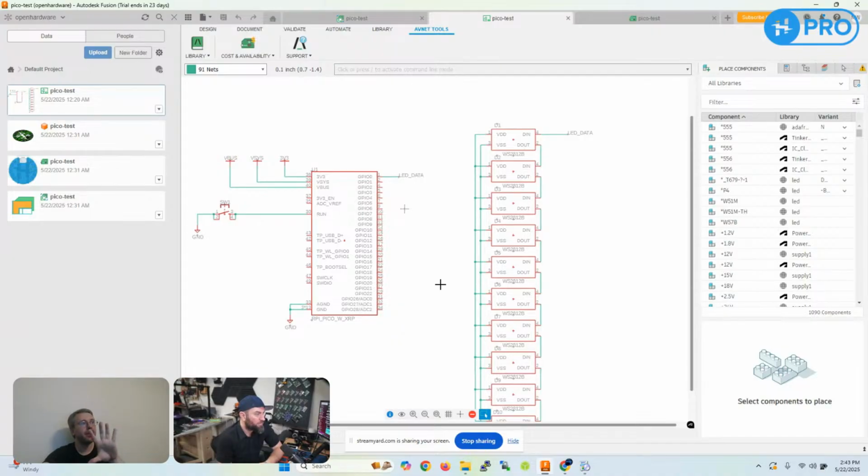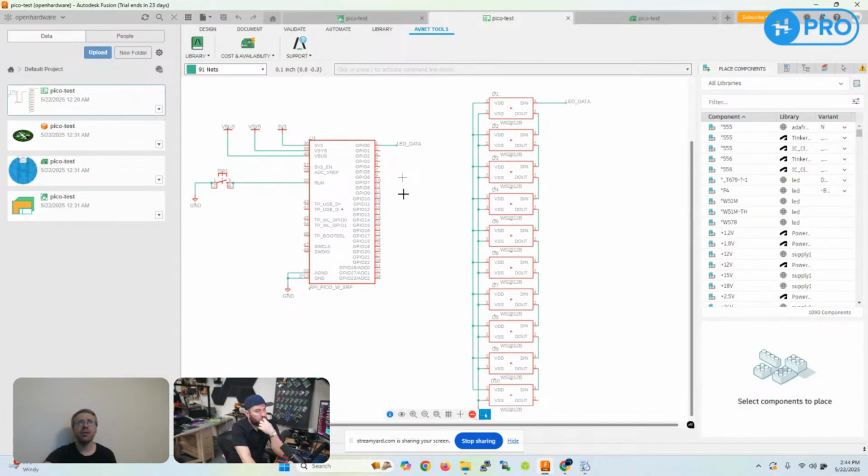So right, up till now is mostly just standard stuff, right? All the symbols I grabbed, it's all Fusion stuff. I just grabbed it from the public libraries. But there is this Avnet tab here that's added, and I can show you these in a second. This is where the Avnet support is. You go to the Avnet toolbar up here on the top, and then you can look at the different things. So before I do that, I guess my feel for it so far is